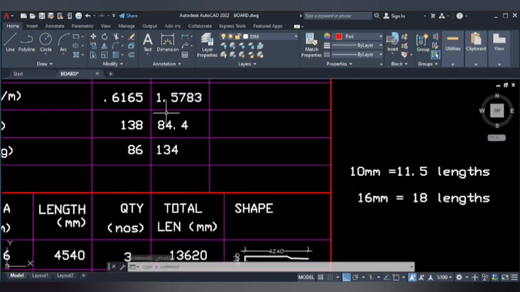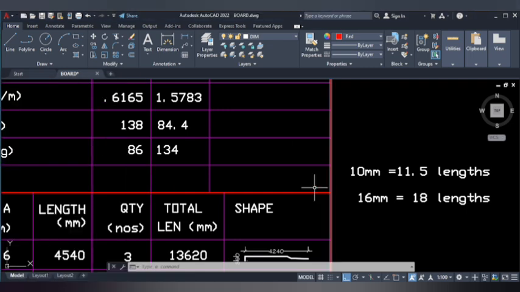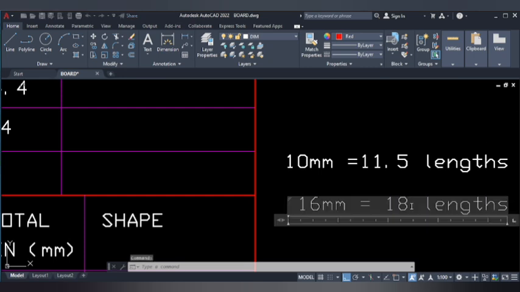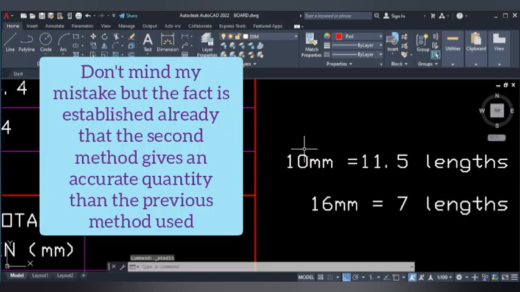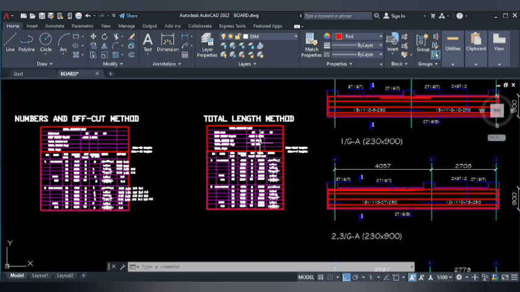And for the 16, I have 84.4 divided by 12. I have 7 lengths. I'm sure you have seen the difference already. The 7 lengths. Now looking at this, for the total length method, the method I said everybody uses,